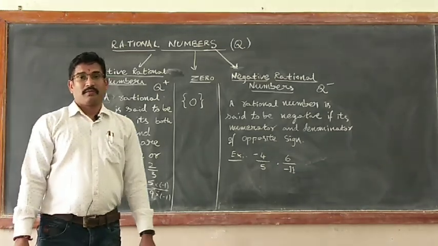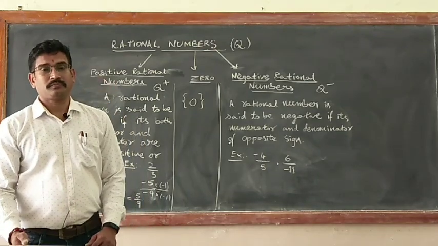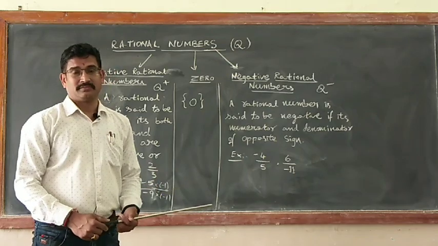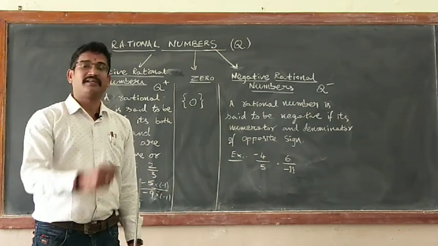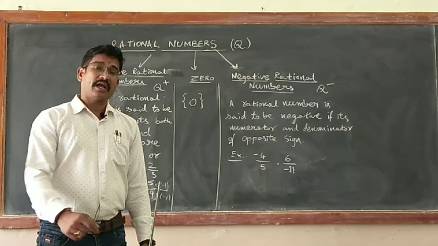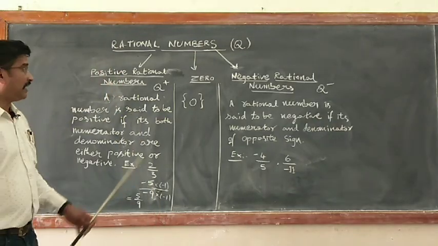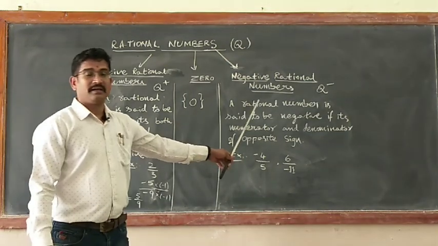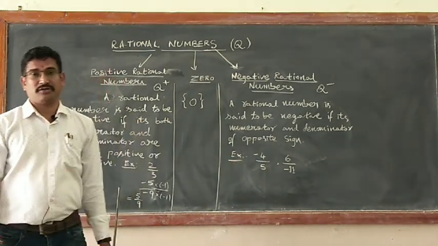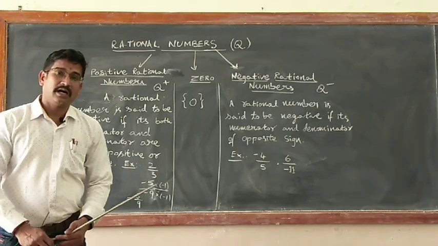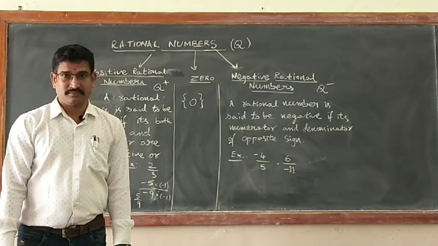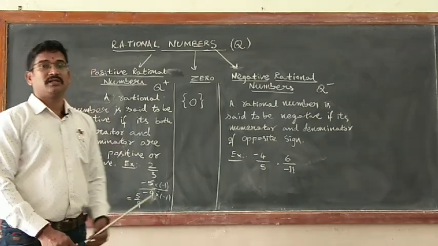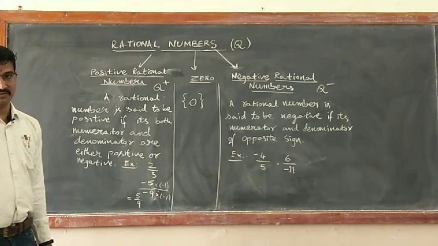For today, I expect from you what we have discussed in the previous session as well as today's session written in your classwork, writing at least 10 different positive rational numbers and 10 different negative rational numbers. And I would like to see in our next session you being at ease with doing operations on rational numbers.